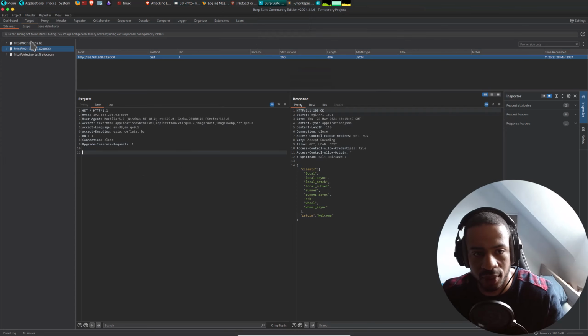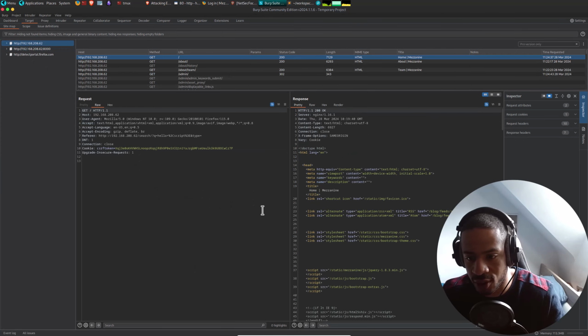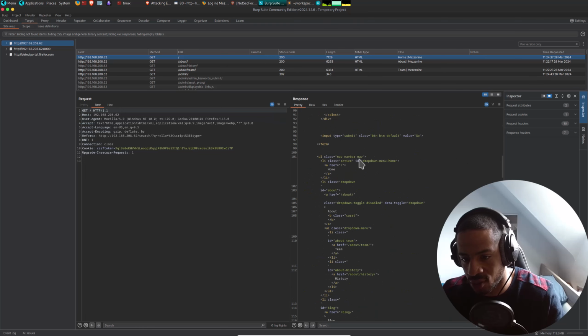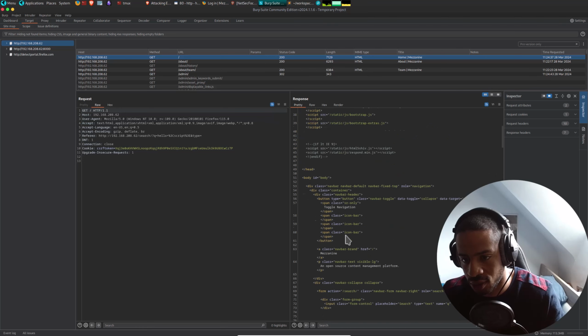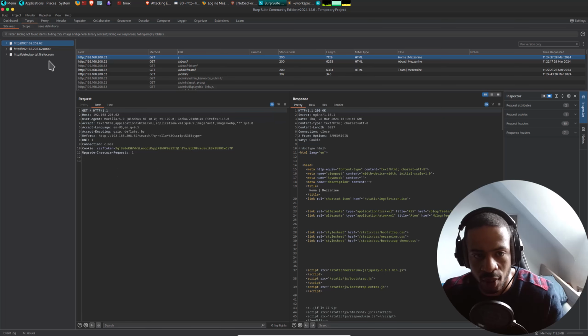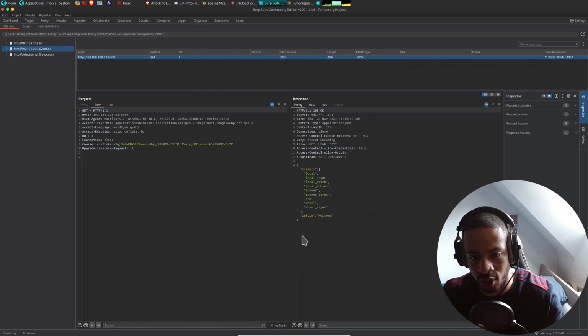Let's just go into Burp. You've got this response, and this is just what we had in the curl. But with APIs, it's usually quite important to look at the response as well, because there might be some more information there. And yes, we do have a bit more information there.